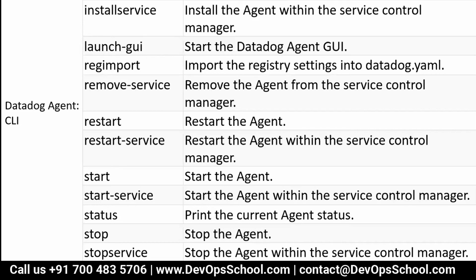And restart the agent, restart the service, start the service, start, status, stop service, and version. So these are the agent commands you will work with day and night. So become comfortable with these as much as possible, because this is the only thing which you have.